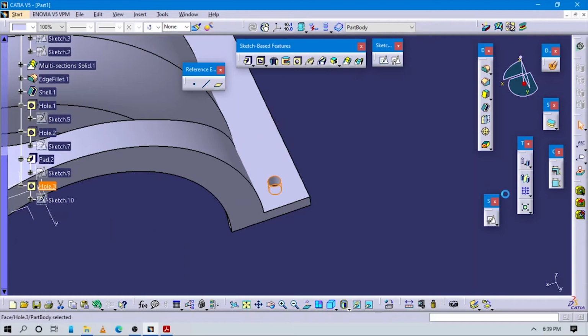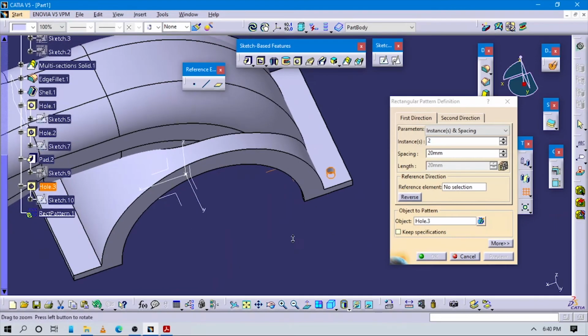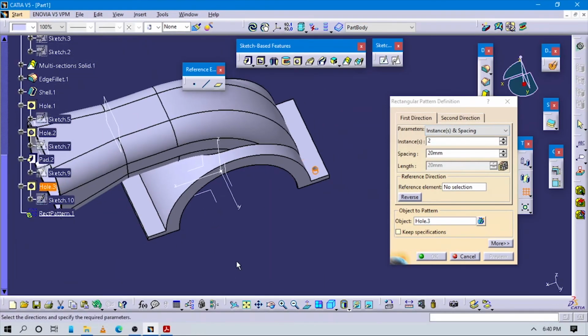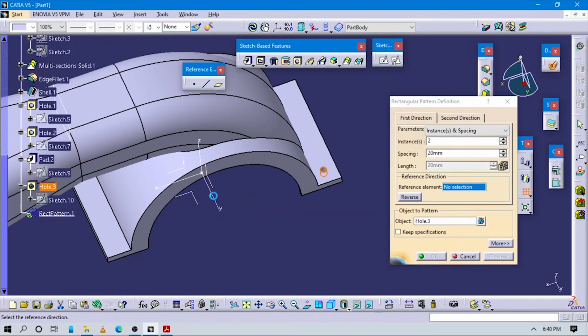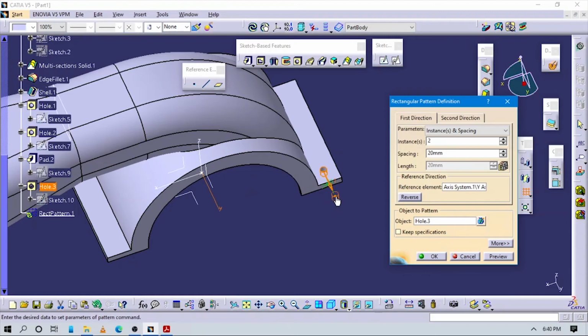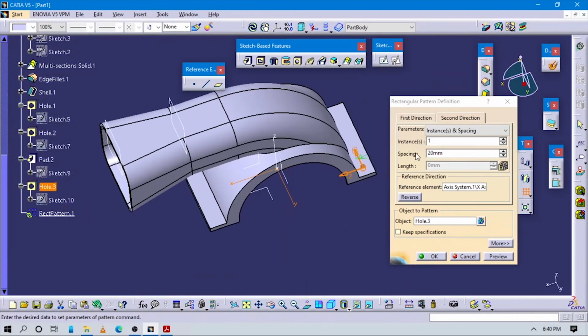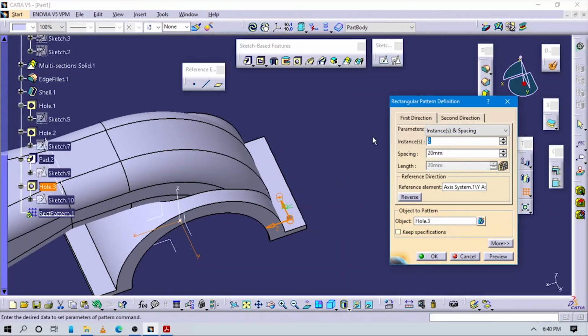So click on this hole first and go to rectangle pattern here. So here the dialog box is open. In this dialog box you can see first direction and second direction. So for first direction select a reference direction as this part and make it reverse, so you can see this comes at here side, but we want the other side so make it reverse. Go to second direction, this x. We can see here this x, and go to first direction again and we want exactly like 3 of these, sorry actually 4 of these, and